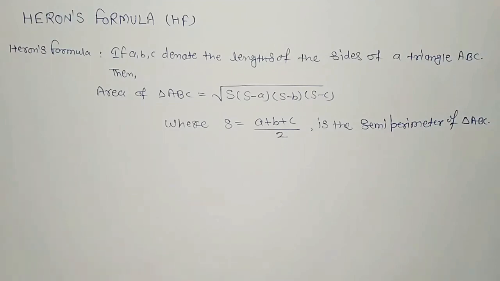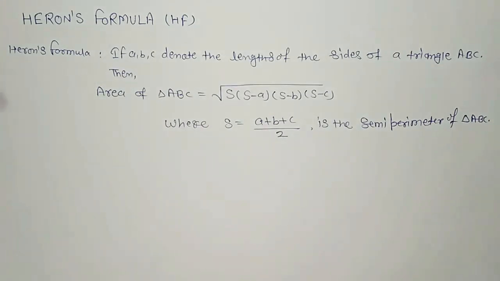Hello dear students, today we learn Heron formula. In a scalene triangle, if the length of each side is given but its height is not known and it cannot be obtained easily, we take the help of Heron formula or Hero's formula given by Heron to find the area of such a triangle.